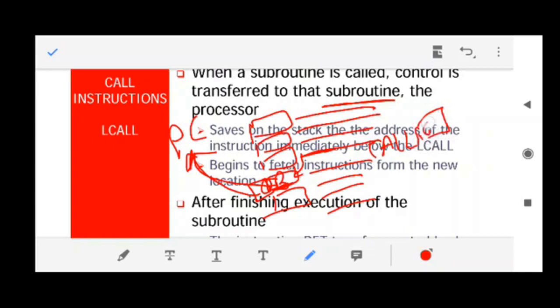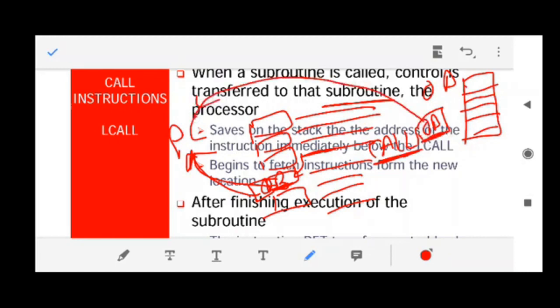Now when you give a call to a particular location, let us say the location is 0D. At 0D a particular program has been written which is known as a subroutine. When the 8051 has a call instruction, it will save that value 0D into the program counter.